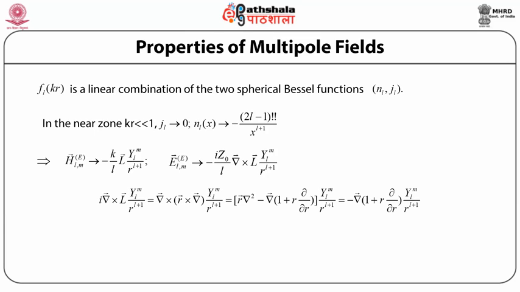ι del cross L vector into Y_LM divided by R raised to power L plus 1 is equal to del cross R cross del into Y_LM divided by R raised to power L plus 1, which is equal to [R vector into del squared minus del vector into (1 plus R into ∂/∂R)] whole into Y_LM divided by R raised to power L plus 1, which is equal to minus del into (1 plus R into ∂/∂R) whole into Y_LM divided by R raised to power L plus 1, which implies